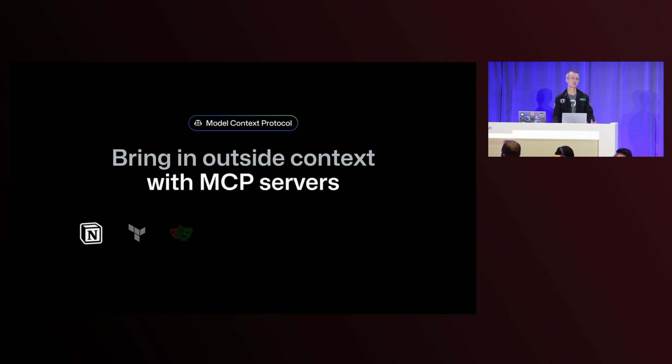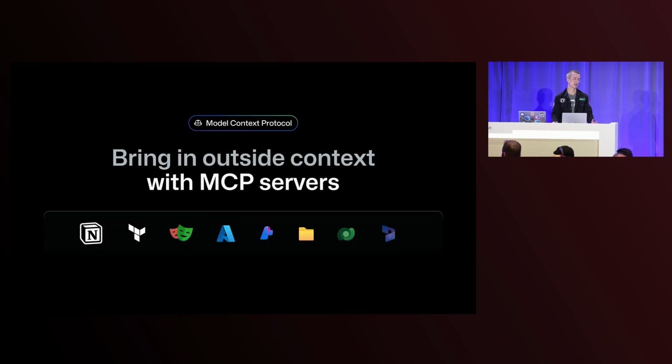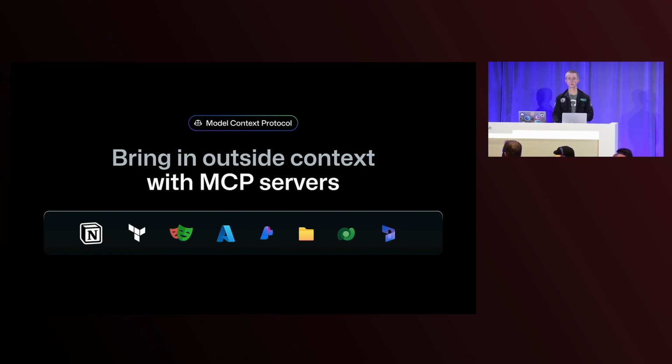But of course, not all the context that you need to be successful is necessarily going to live in GitHub. There are a bunch of other tools that teams are going to use, and it's really valuable to have those connected into the agent as well, so it can have access to the same data that a developer can have. And we're doing that using Model Context Protocol, or MCP, which you've already heard about, I'm sure, a bunch of times today, and you're going to hear about even more in the rest of the conference. MCP servers allow you to give the agent access to extra context and extra tools. At the moment, this is limited to local servers, but we'll be looking at support for remote servers in the future. Let me just give a few examples of how this actually works in practice.